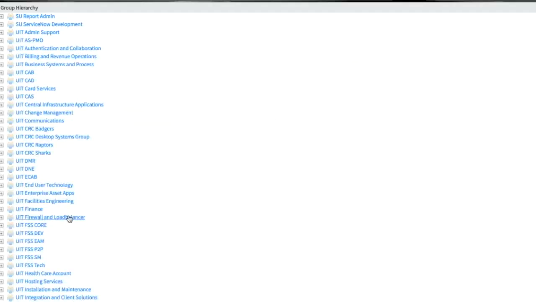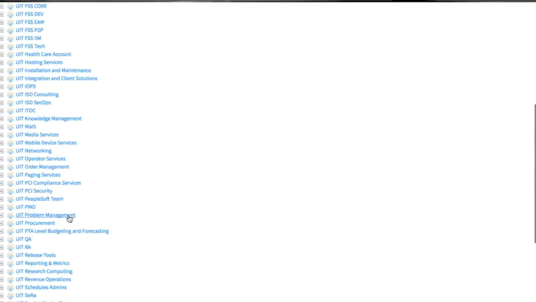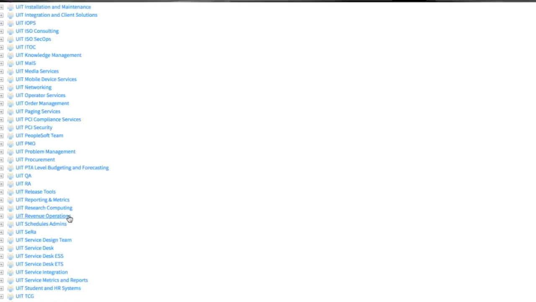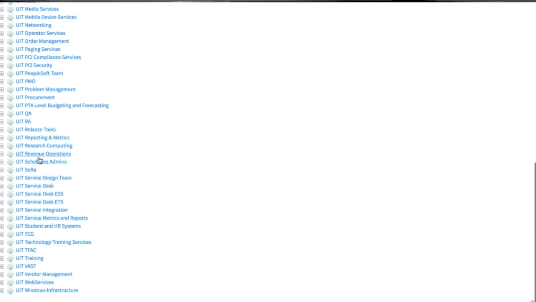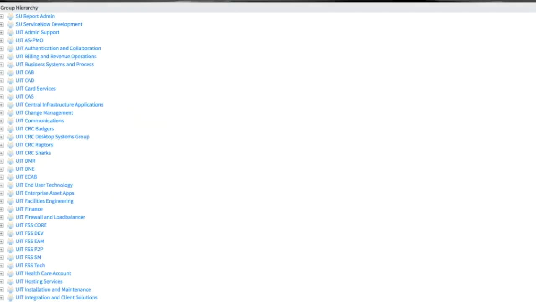So when I go to this lookup list and I pop that open, I can find my assignment group here. Some assignment groups haven't been loaded into this list just yet, but most of you should be able to get into UIT training, which is here. Do you have an assignment group that you know you're a part of, that you see on this list? Yes. Okay. So if you go ahead and choose your assignment group